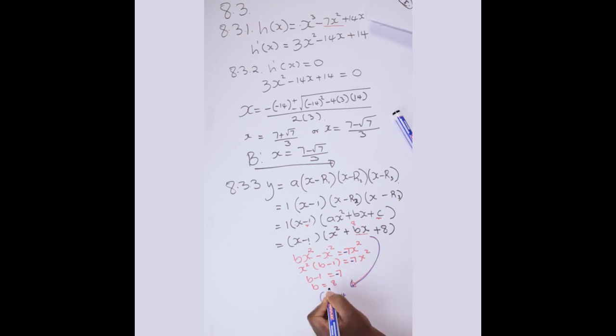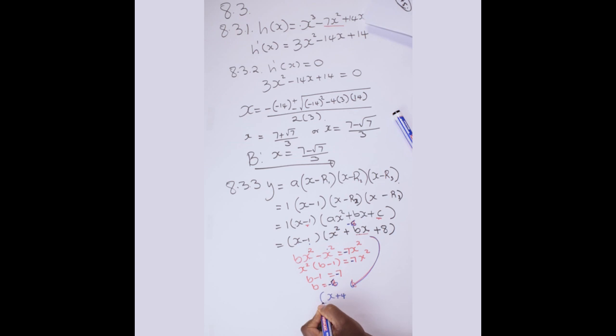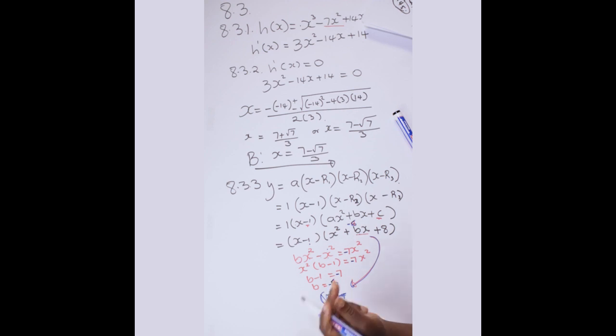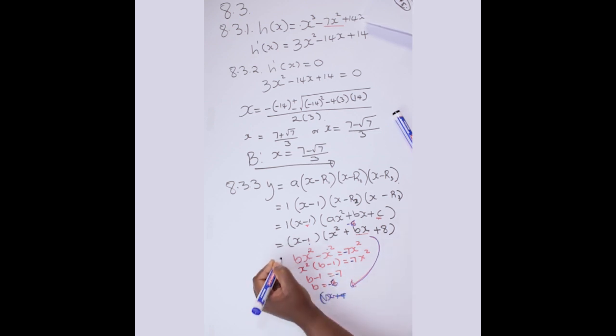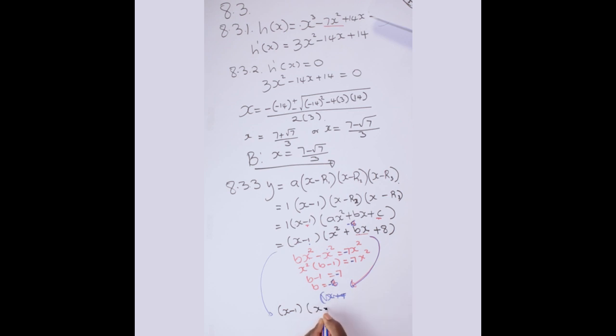You have to write that so that it gives us a negative what? A -6. Now the -6 is the one that must be here. In other words, your value of b is -6. If the value of b is -6, to factorize it, it means we have two numbers that when we multiply, we will get an 8, but when we add, we will get a 6. That's what it means. So from here, we can have x minus 1, and then we'll have x minus 4, and x minus 2